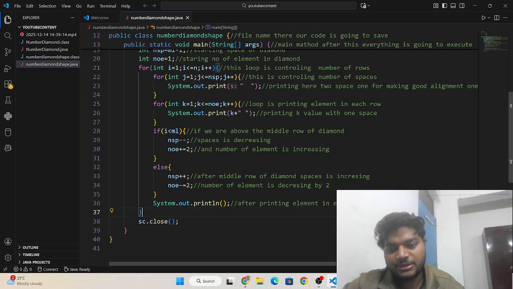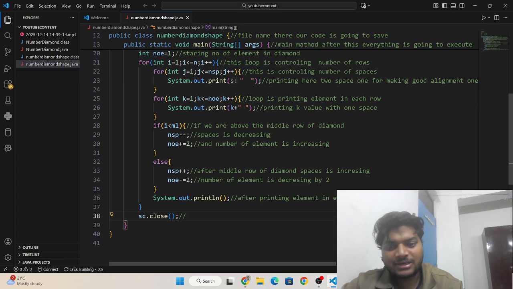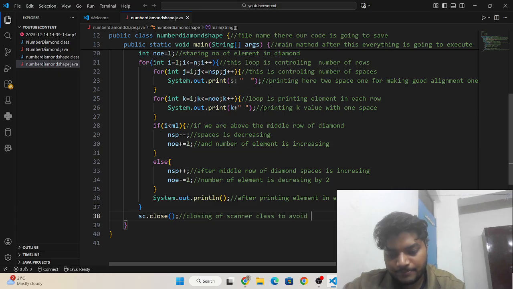It is the println statement. And this is the closing of the Scanner class to avoid a leak and free the memory. Okay.